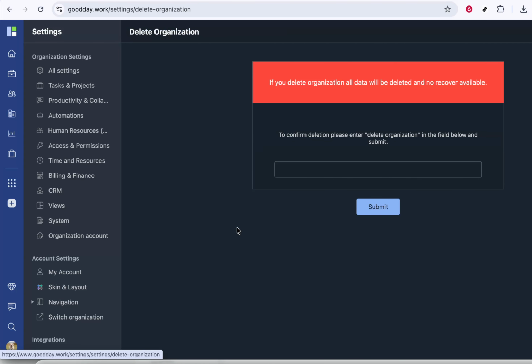Now that you're in the Account Administration section, scroll if necessary until you find the option labeled Delete Organization. This is the control you'll use to permanently remove the organization. Click on Delete Organization. At this point, Goodday will typically ask you to confirm your decision, and you may need to type in the organization name or your password, or click a confirmation button. Carefully read any warnings that appear, then confirm the deletion if you're absolutely sure. Once you've confirmed,